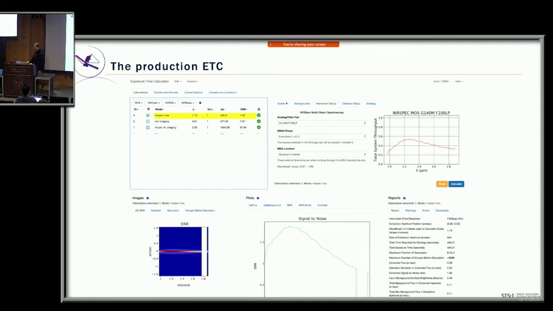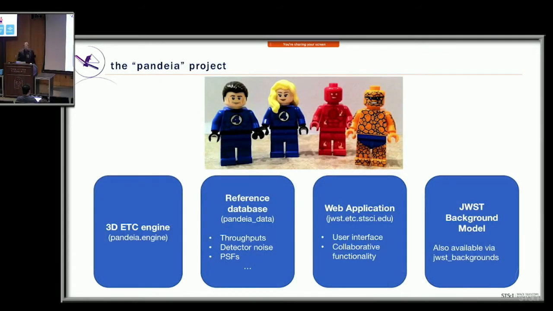This is also where you find the errors. All right. All right. So